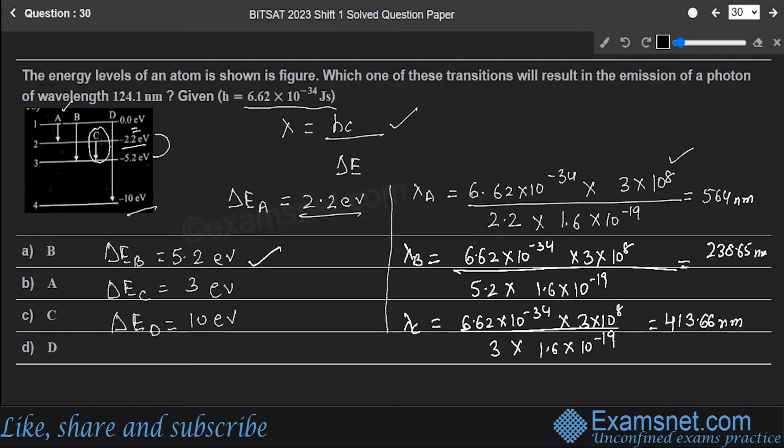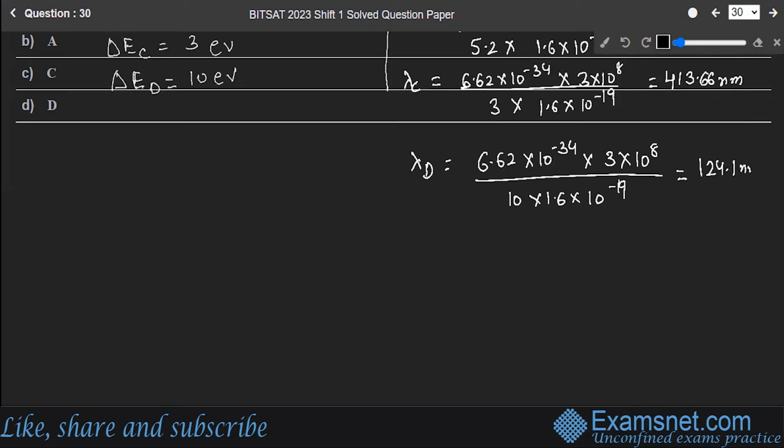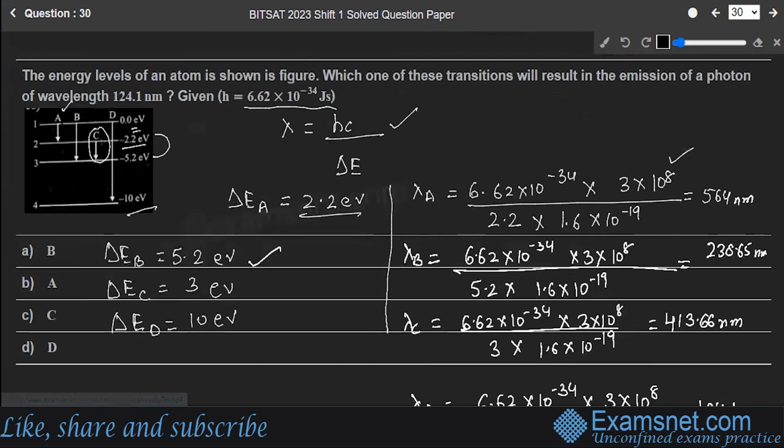413.66 nanometers. Then the last, D wavelength, 6.62 into 10 power minus 34 into 3 into 10 power 8 divided by 10 into 1.6 into 10 raised to power minus 19. This is equal to 124.1 nanometers. So this matches with the given wavelength. That means D. This is the